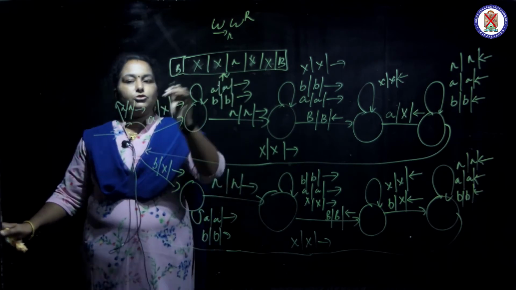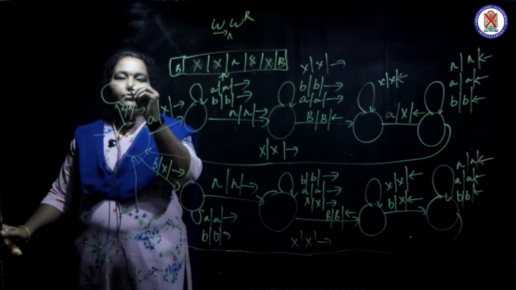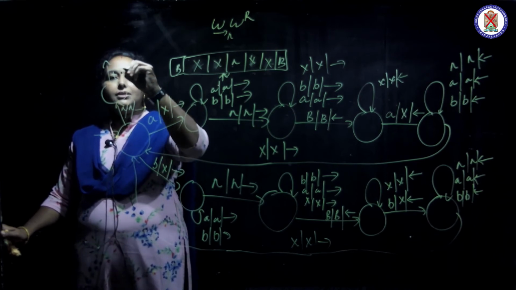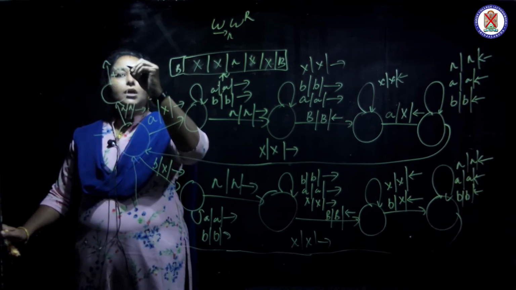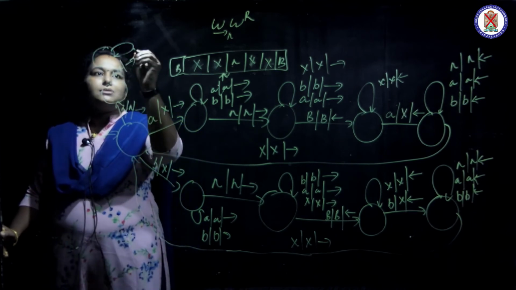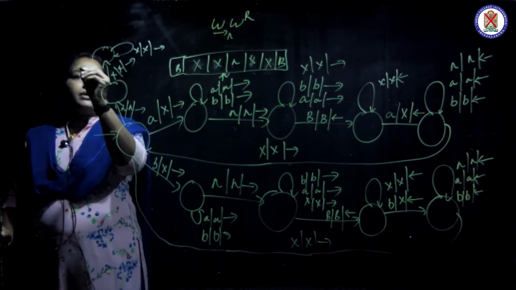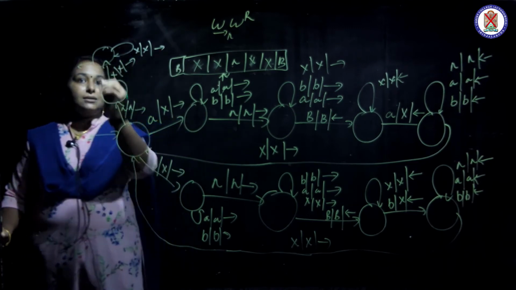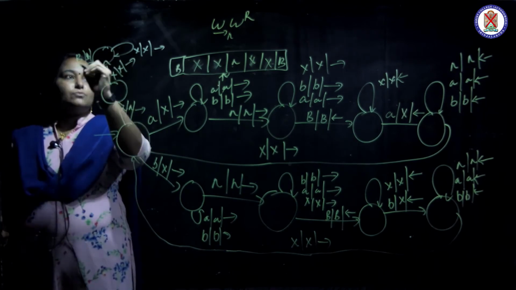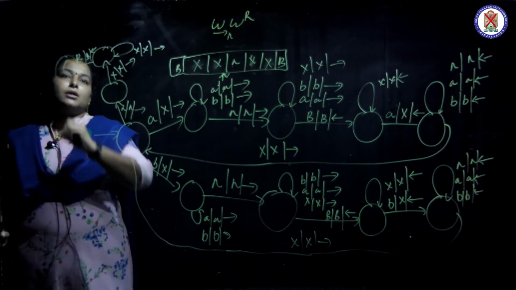So here null is to be bypassed, only one time null will occur, and then we have to check for x. X comes, I make it as x and move forward. Then whatever times x comes, I make it as x and move forward. Then blank comes, isn't it? So blank comes, I make it as blank and move backward,